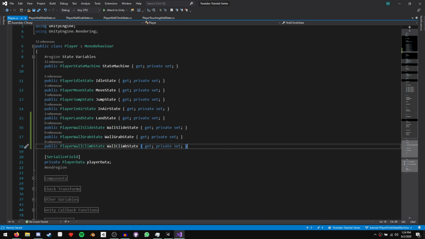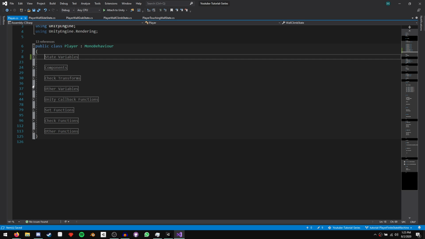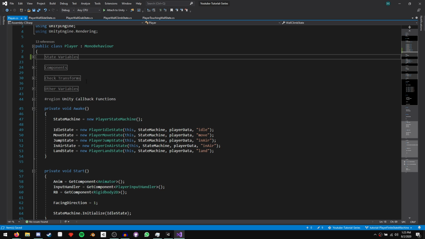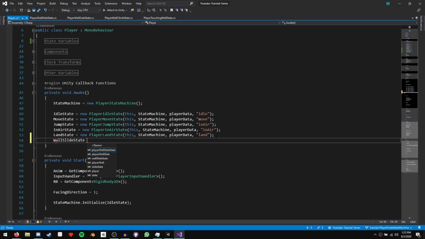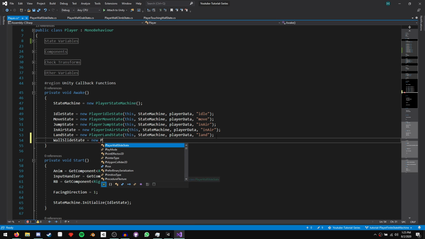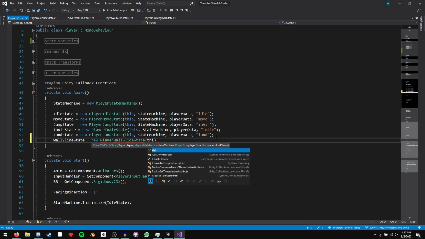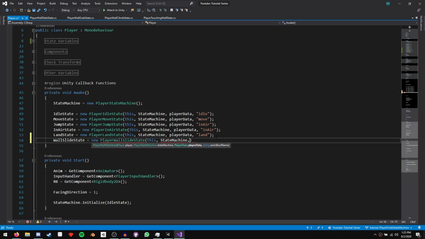Now we can go ahead and create the objects in our awake function. So let's minimize our state variables and open up our Unity callback functions. So the first one is our wall slide state equals a new player wall slide state. And we'll pass this as the player, state machine as the state machine, player data as the player data. And then finally our animation boolean name is going to be wall slide,